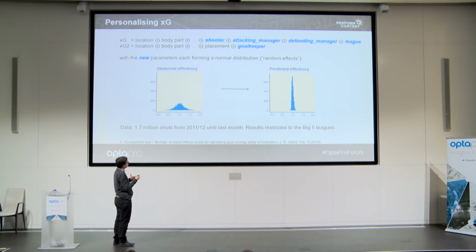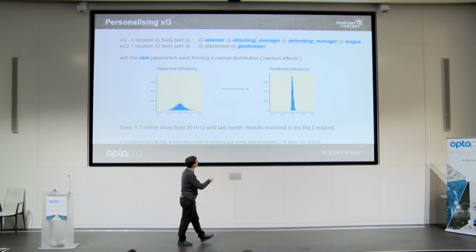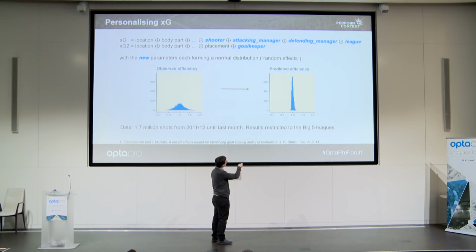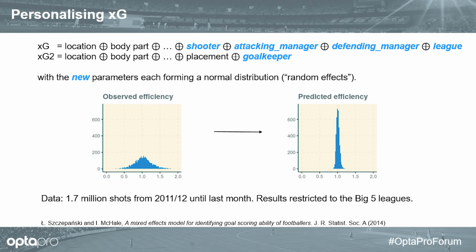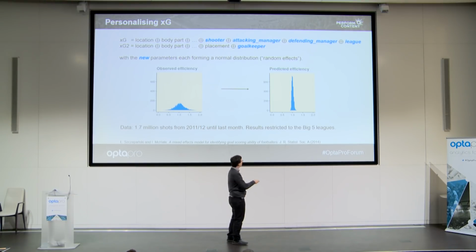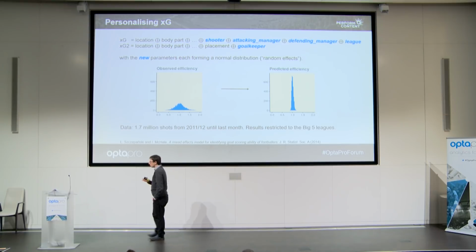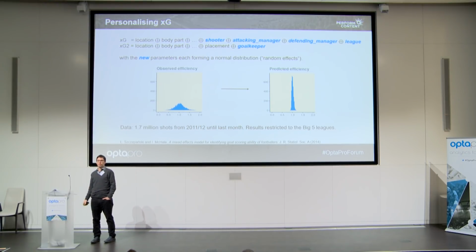But because it's a random effect, and those parameters are required to form a normal distribution and also be kind of squeezed, the model will start predicting their efficiency as very peaked over 1. So they will say, all those tails on both sides, this is mostly luck, and we're not going to incorporate that into the model. Instead, if you're on the edge here, that's already very good, but you will get squeezed to the middle.